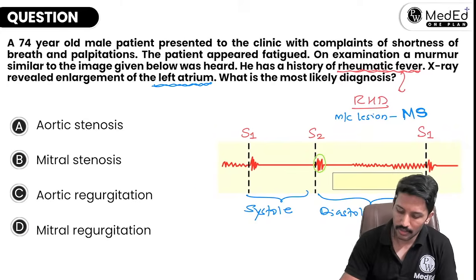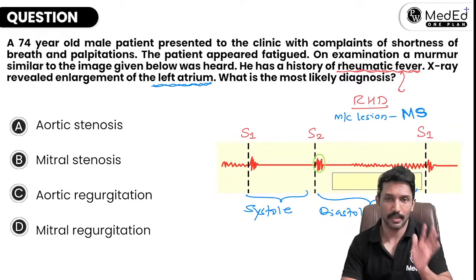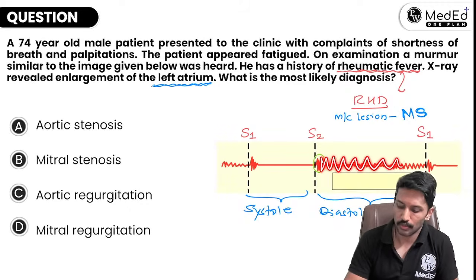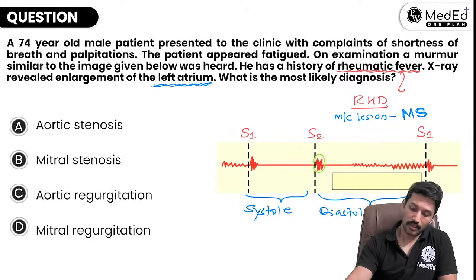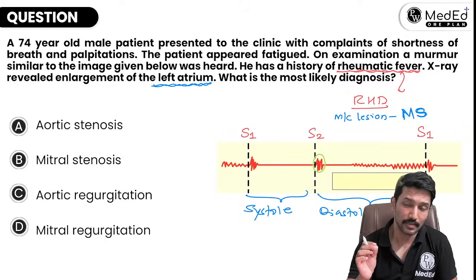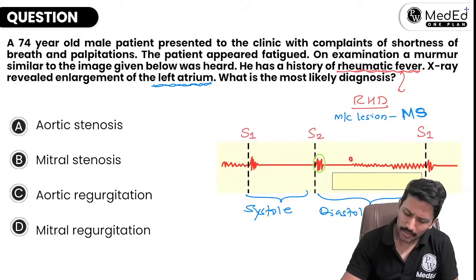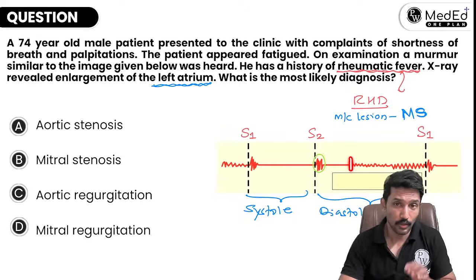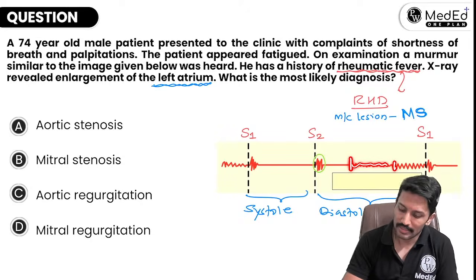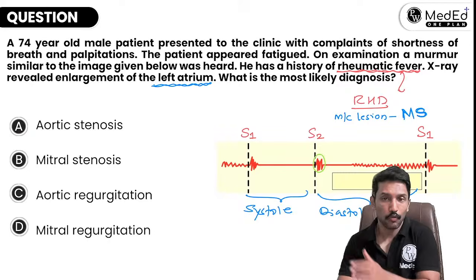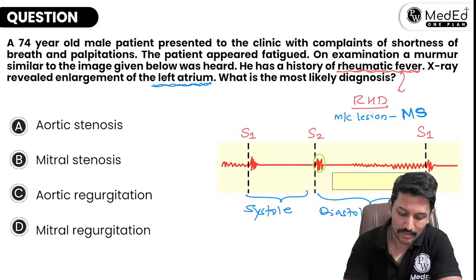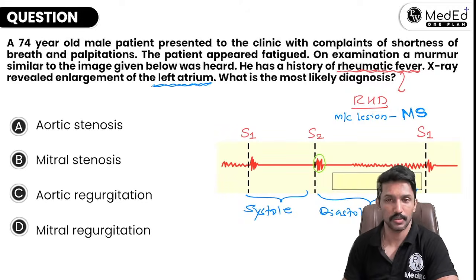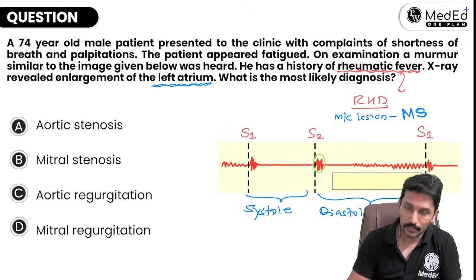The murmur did not start in the early part of diastole, so this is not an early diastolic murmur. The murmur is not running throughout the diastole, so I can't call it a holodiastolic murmur. The murmur is not running in the last part of the diastole, so I can't call it a late diastolic murmur. Somewhere in the middle it is beginning, so we can call it a mid diastolic murmur, and its intensity is increasing towards the end of diastole or before the beginning of the next systole. So can I label this as a mid diastolic murmur with pre-systolic accentuation? Yes, basically this is a mid diastolic murmur with